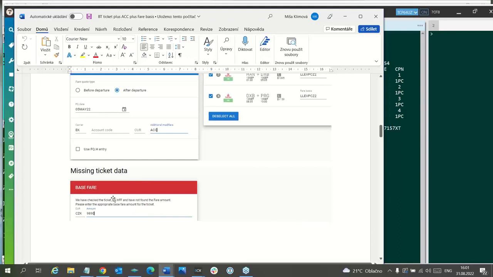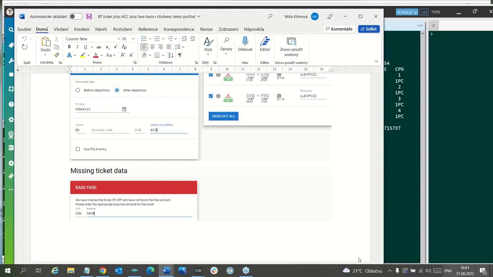When the ticket was issued 5th of May 22, if you ask for the sales report, HMPR slash 5 of May, you can find the ticket there and you see how much the fare was.